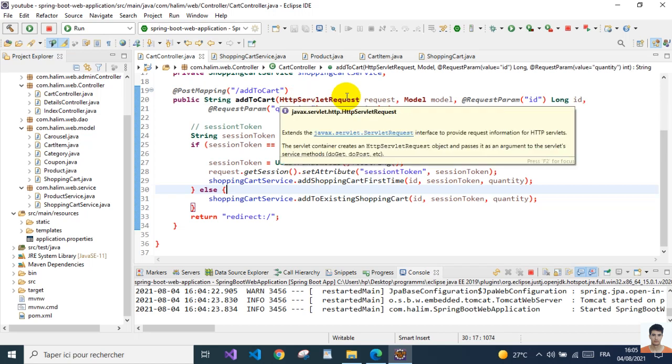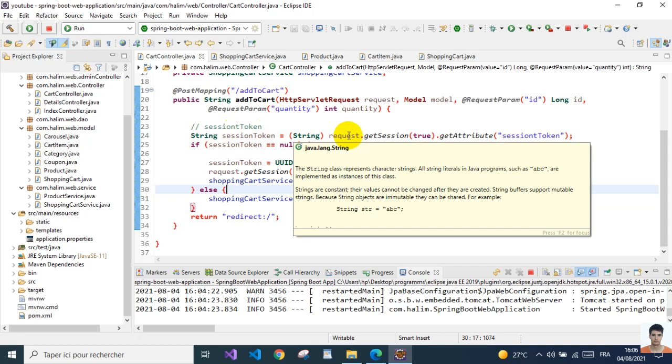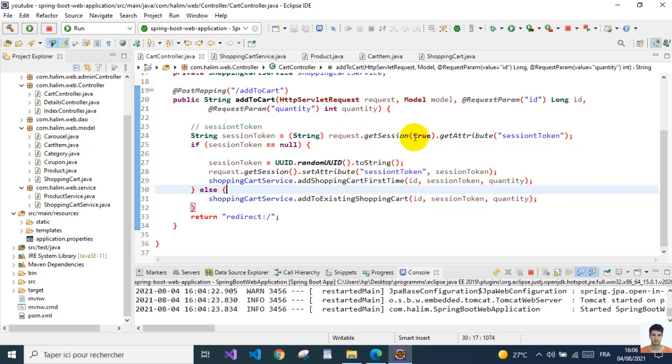The change I made: I had the HTTP session here, and I didn't like it, because from the HTTP servlet request you can get the HTTP session and a lot more information. So I want to use the HTTP servlet request directly. Down here we use the request and get the session, and we pass true. That means if we don't have a session yet, we create one, and we try to get the attribute with